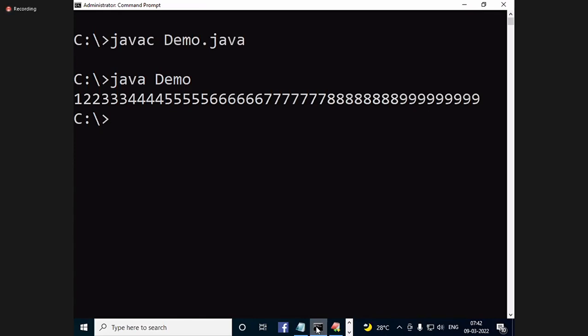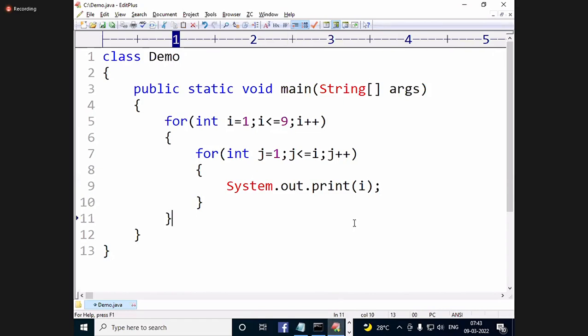Okay. Now what I want is, after this 1, I want a comma. After 2 times, comma. 3 times, comma. Like that I want to print. What we have tried, where we have tried. 1 time printed, after that a comma I want to print. 2 times printed, after that a comma. 3 times, comma required.